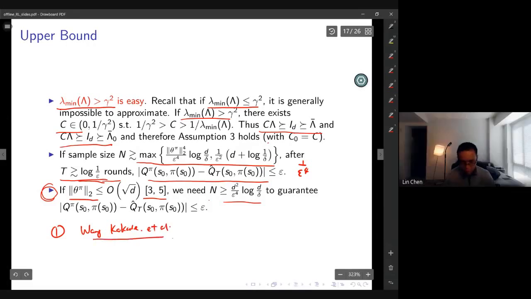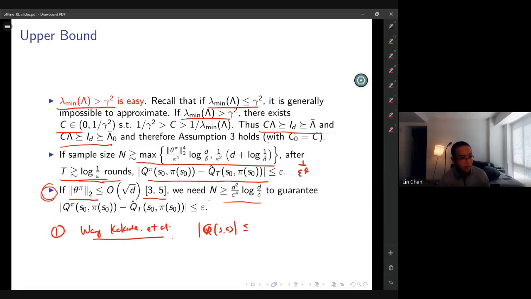And there's a footnote in their paper. They said that because the Q value is upper bounded in their setting by some constant times h, if I recall it correctly,